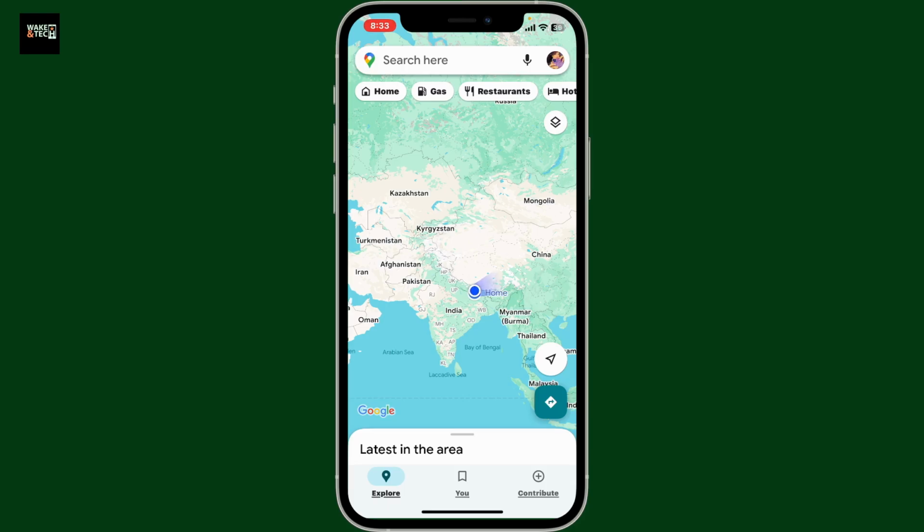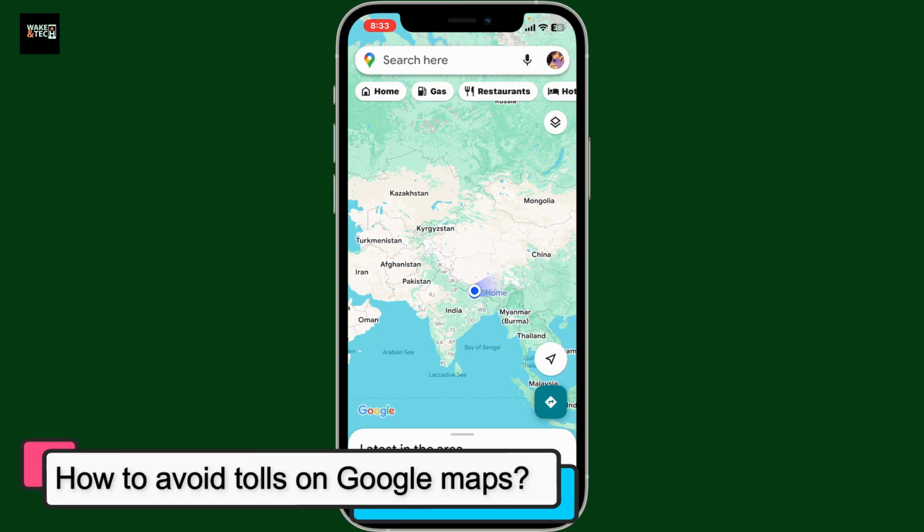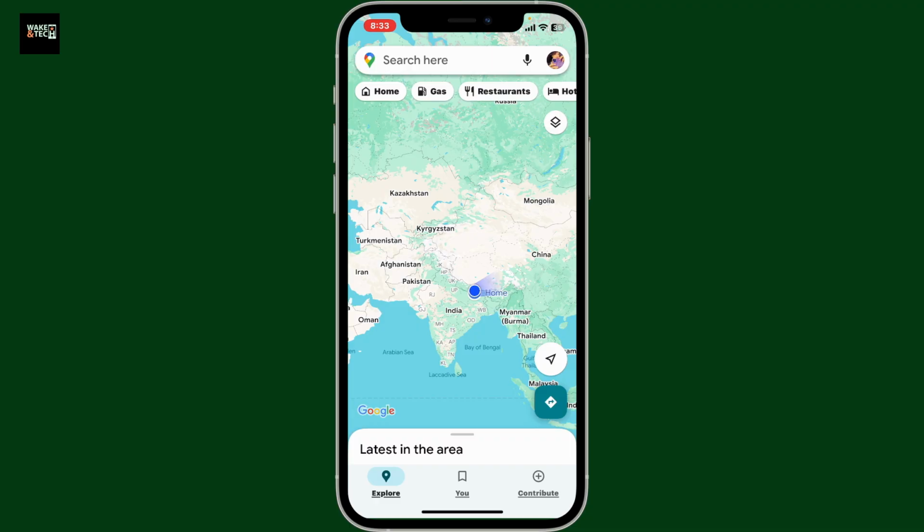In this video, we are going to be learning how to avoid tolls on Google Maps. Whether you are looking to save money or prefer a toll-free route, Google Maps lets you avoid tolls easily by adjusting your route preference. First of all, open up the Google Maps application on your device